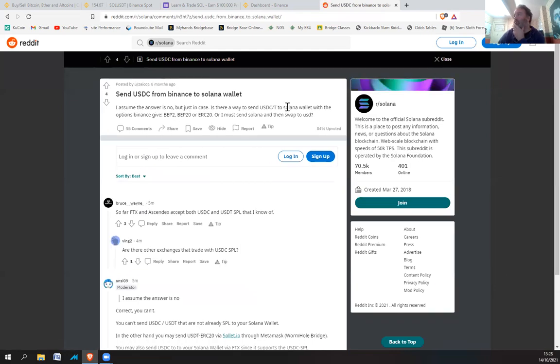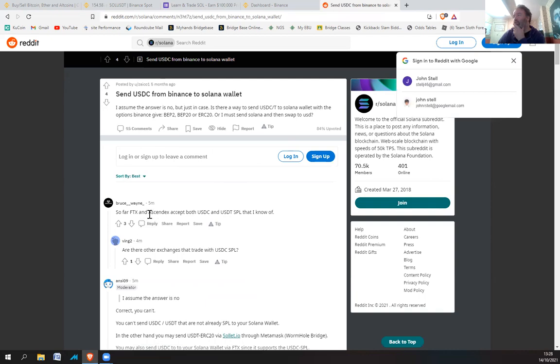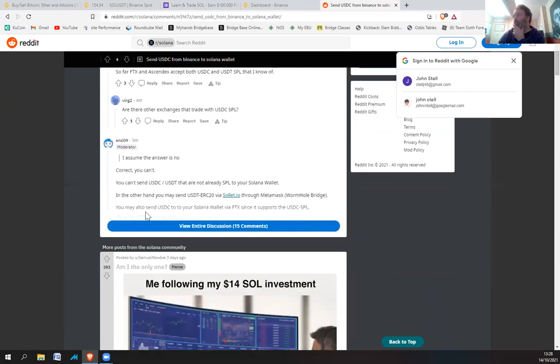Is there a way to send USDC to Solana wallet with the options? I must send Solana and swap to USD. I know. No. Correct, you can't. You can't send an SPL to your wallets. On the other hand, you may send USD to Wormhole Bridge. You may also send it to Solana wallet via since it was USDS, but